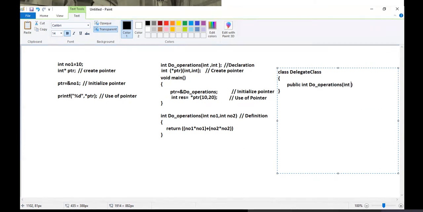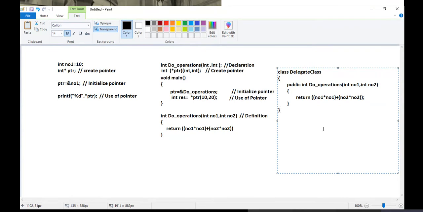Okay. It will take two arguments, like number1, comma, number2. Unfortunately, I can't do copy paste here. I can do it, but it will take time. And then simply do return number1 plus number2 into number2. Like this. That's it. So this is my method.